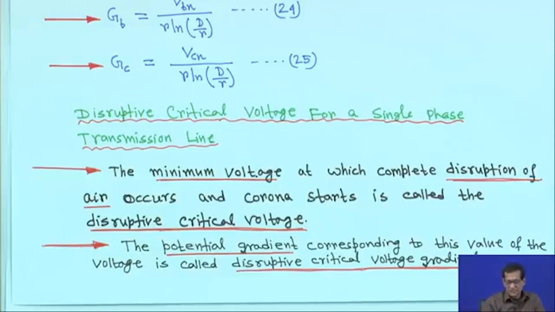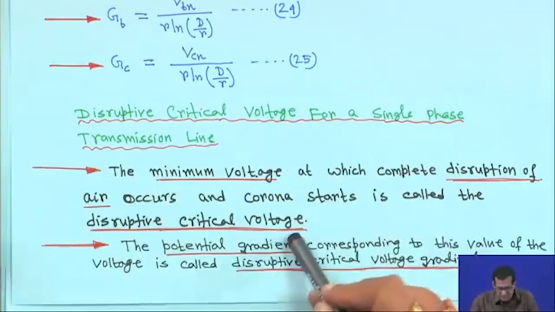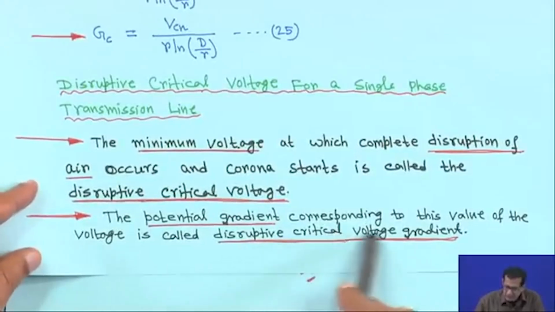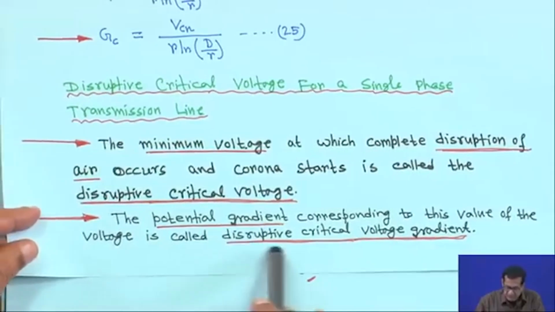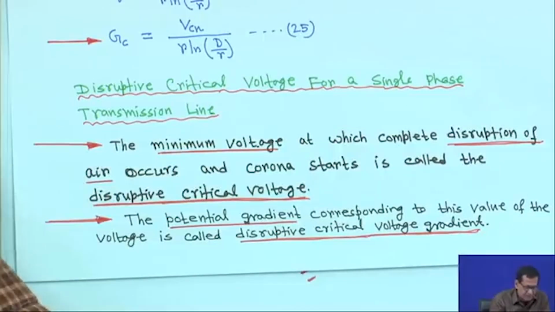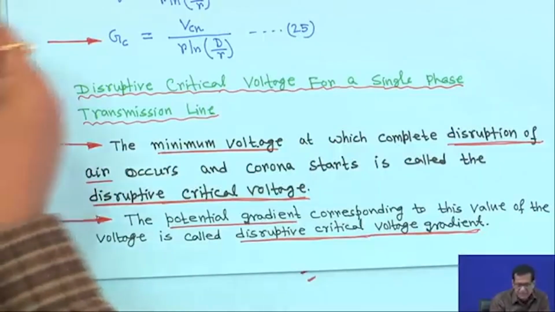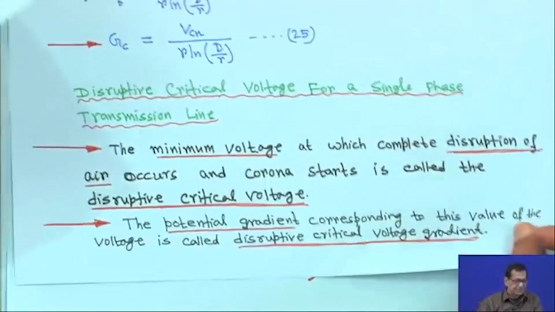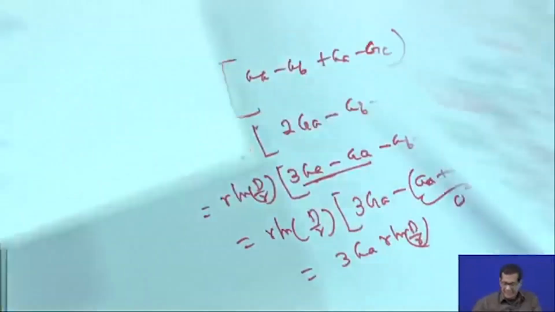Now, the potential gradient corresponding to this value of the voltage is called the disruptive critical voltage gradient. Now, from equation 8,